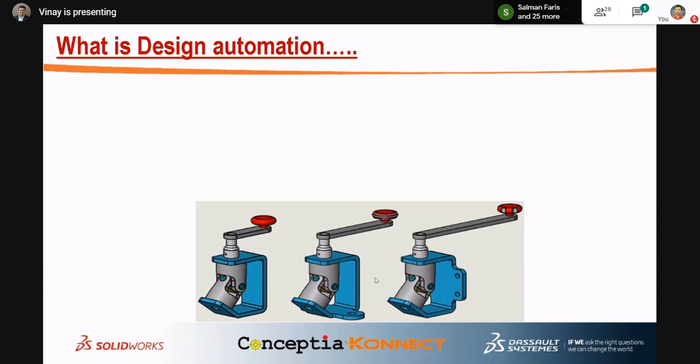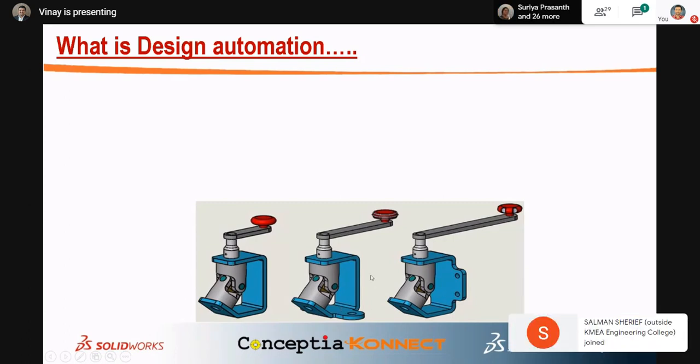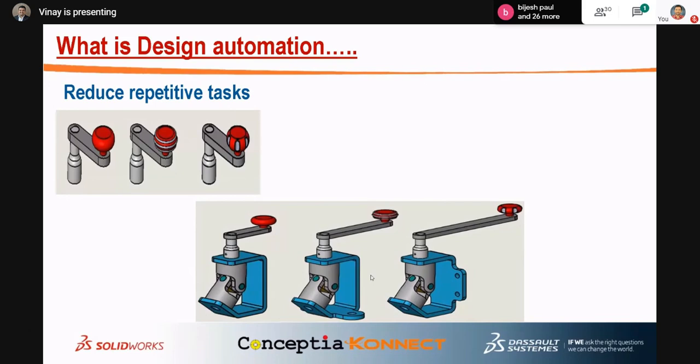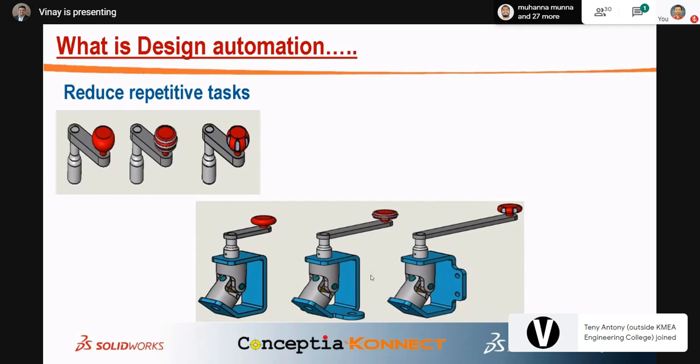Already it is designed. Already we are giving this to the customers, but the customer comes to us with different sizes. Today he will tell I want a small machine, tomorrow he will tell I want a big machine. Or he will give the sizes. So whatever machines you want and all. Means repetitive task. This is our repetitive task. I have done the machine design, it is done. But daily what is the work to do on that machine?